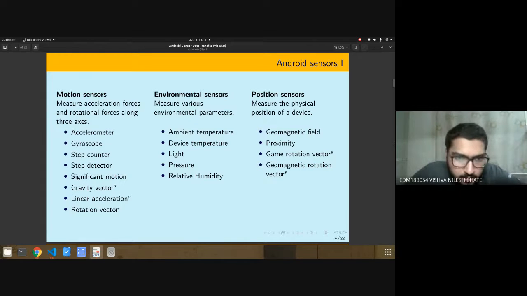Now notice that these are the sensors which are provided by the framework of Android. But it's not necessary that each device will have these sensors. It really depends on the manufacturer of the device. And notice that some sensors have S in the superscript, which basically means that these are not real sensors; these are software sensors based on the input data from a few hardware sensors, and by fusing them, they have developed these software sensors, like gravity vector, rotation vector, linear acceleration, and all of that. So that is about the various Android sensors available.